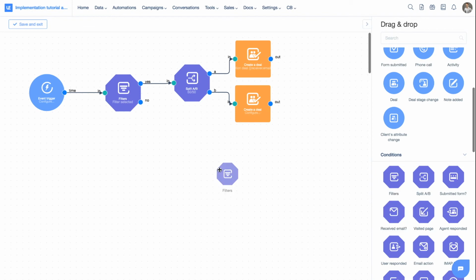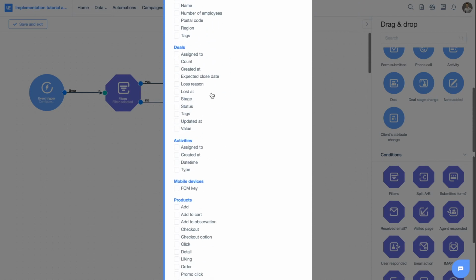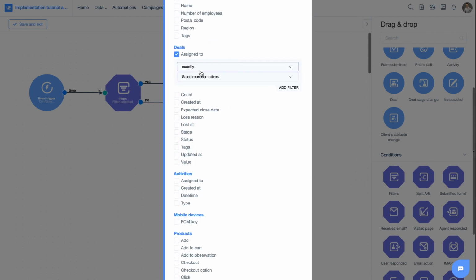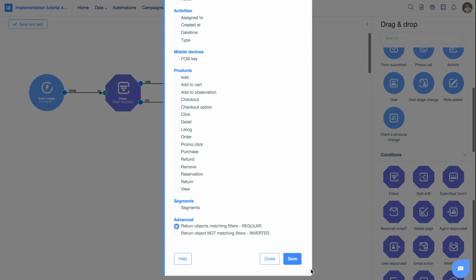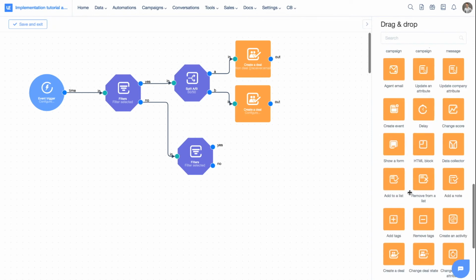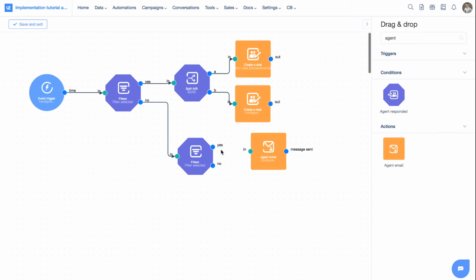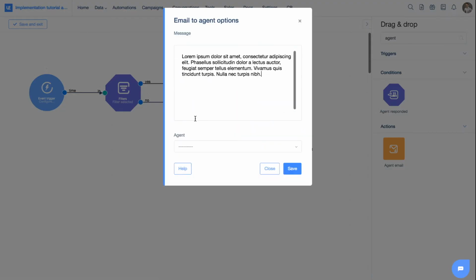So I'm going to use a filter to find which sales representative is assigned to this user. So I again scroll down to deal, assigned to, and exactly Lech Golewicz. Great, I can save it. And if that's the case, then I will send an email to Lech Golewicz. So here's my agent, and I will go, hey, the agent user profile